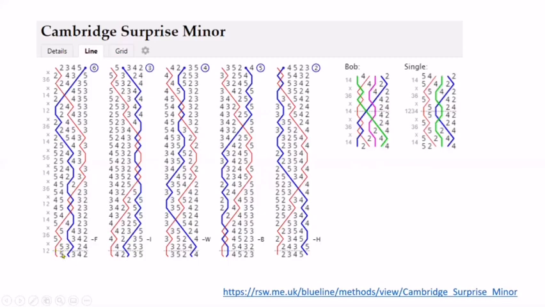The bell in 2nd place stays where it is. The bells in 3rd and 4th place cross. The bells in 5th and 6th place cross. What happens at the bob up here on the right is, if you just focus in on these 2 rows when the treble is leading,